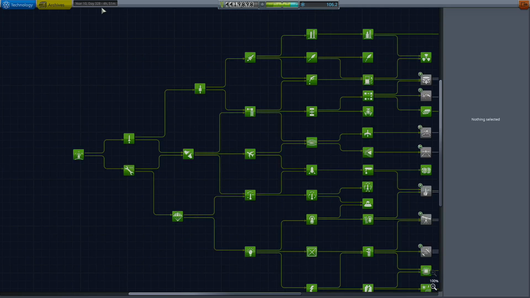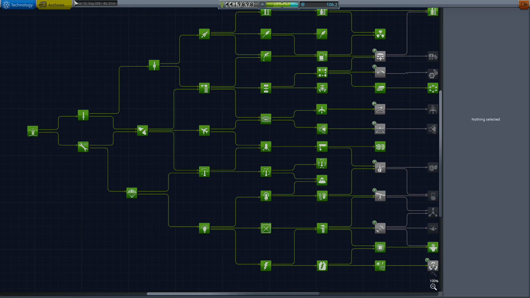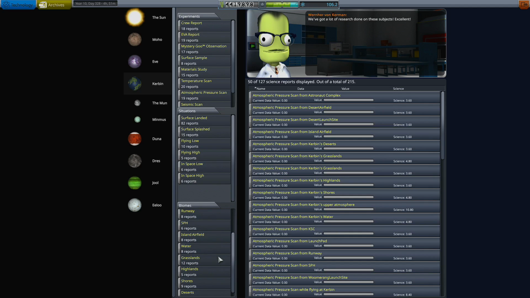Even if that's also just like 20, I guess a bit more from the crew report and the EVA report that we could do in the surface sample. But just in general, just to keep in practice on the plane building. Because the biomes on, like,